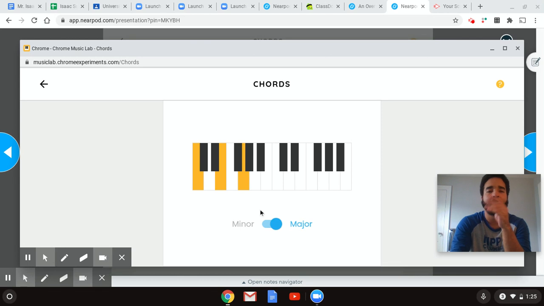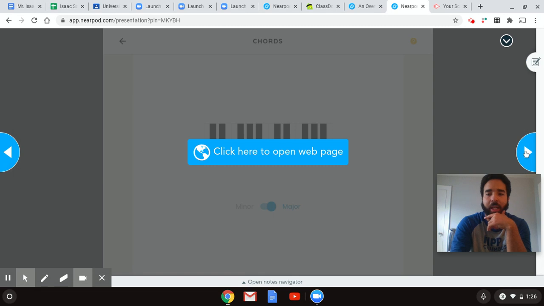All right, so that one was major. The only minor scale that we do when we're working with singing is many mumbling mice. The other ones are usually major. So minor just means it's a little sad, and major means it's happy, essentially. So hopefully you had fun with that. You can press around with that, X out of it when you're done and ready, and go ahead and click